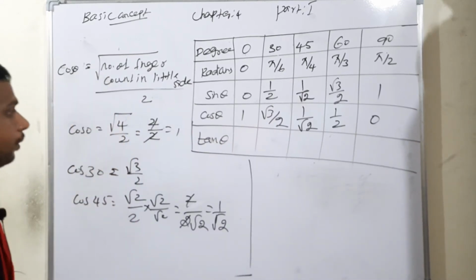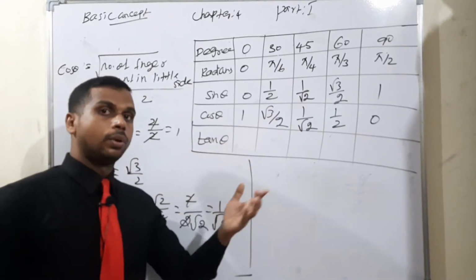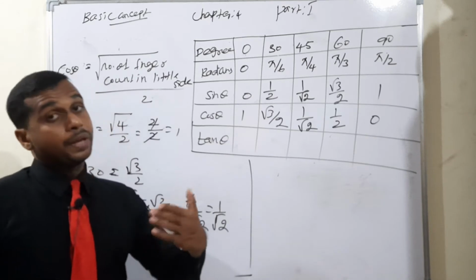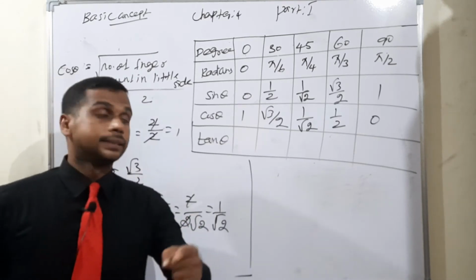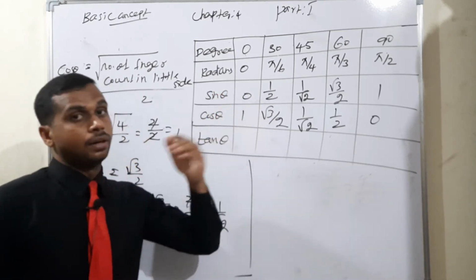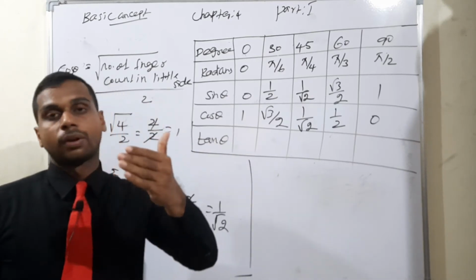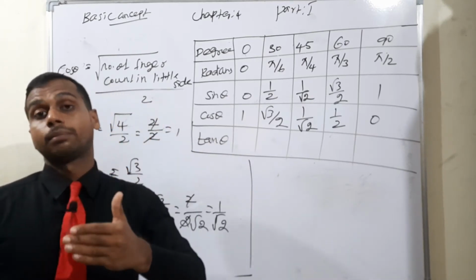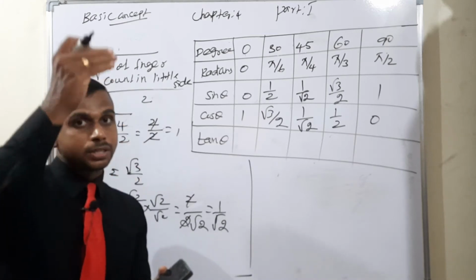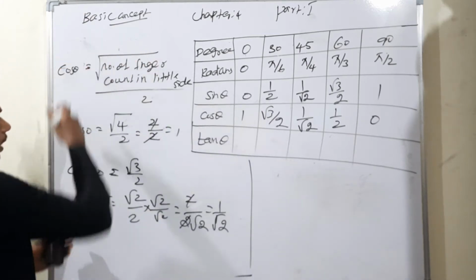Now, I think you can find the tan theta value very easily. What is the formula? You can apply two methods. One method: tan theta is equal to sin theta divided by cos theta, or, as I told you, the shortcut form: square root of the number of finger count on the thumb side divided by 2, and the reciprocal means 2 will be cancelled. Therefore, tan theta is equal to